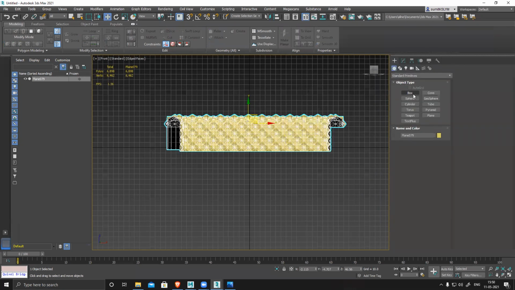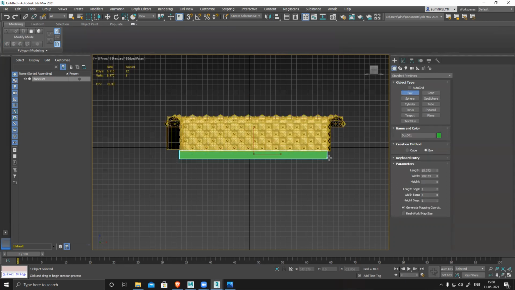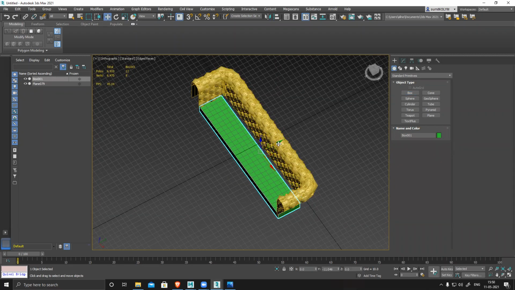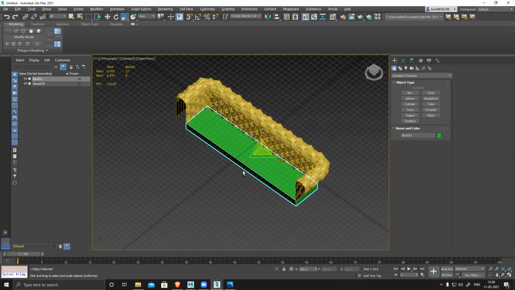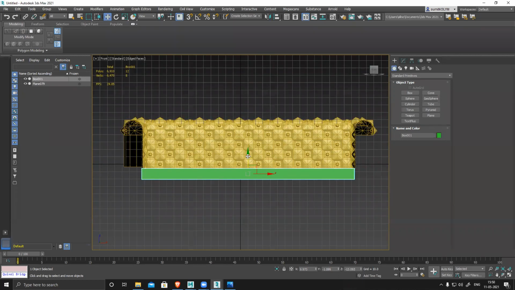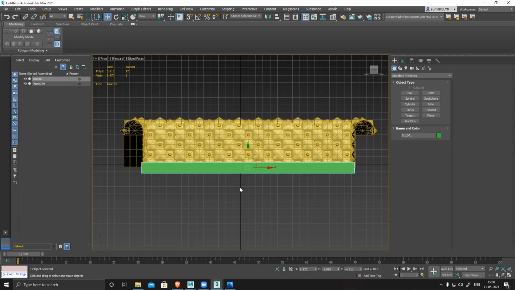Now go to box, I'll create a box here. Front, slightly covering this section. And now we have this base and then we have the sides.